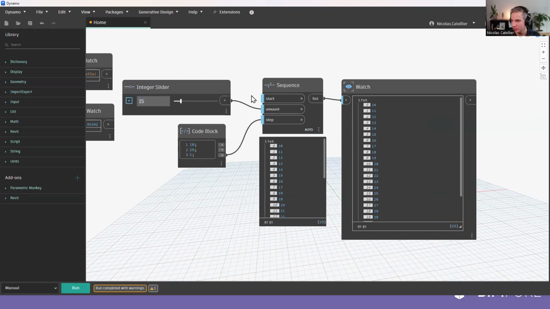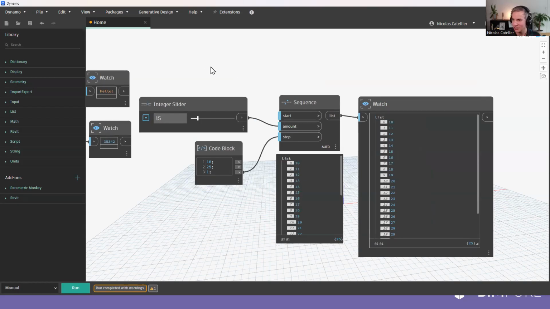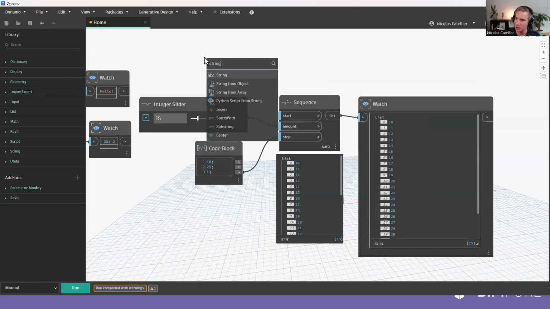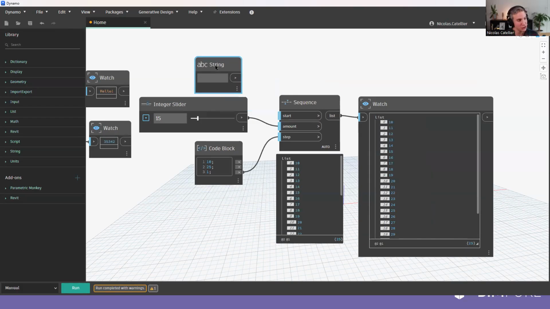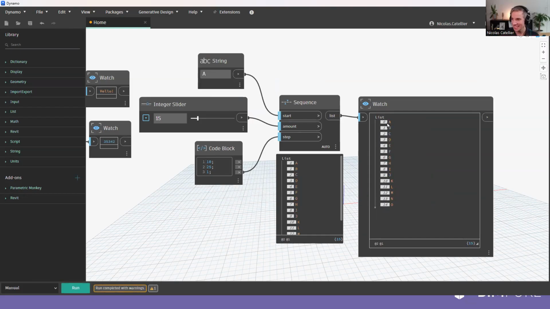I will place it like this. And for the start, I'm going to do something different. I'm going to use a string node. Just remember, a string is a piece of text. I will type in A and plug it in at start. And you can see it creates a list of letters in alphabetical order, right? So if I was to change the amount to 20,